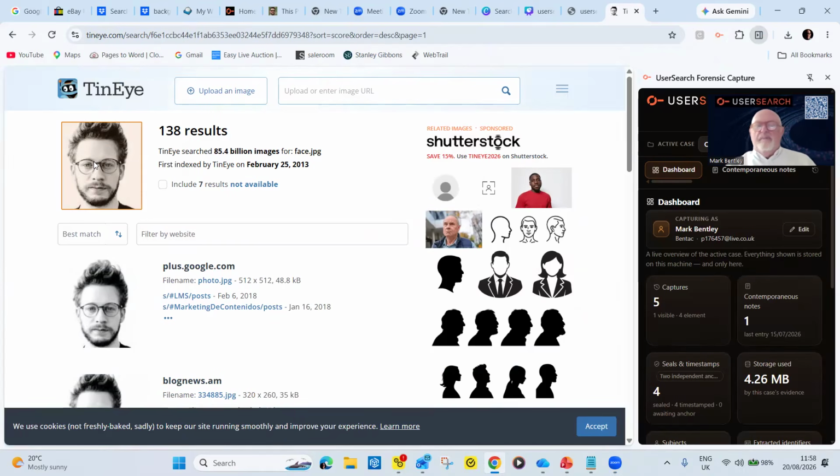Now you can see by picking an element on the right-hand side here, you can see I've already got 5 captures in Operation Gold. When I click on this, it's going to take a copy. It's going to SHA-256. It's going to hash it. I think it's SHA-256. It's going to hash it, and it's going to save it in my machine locally, but it will timestamp and print it.